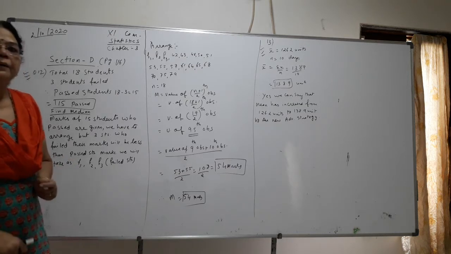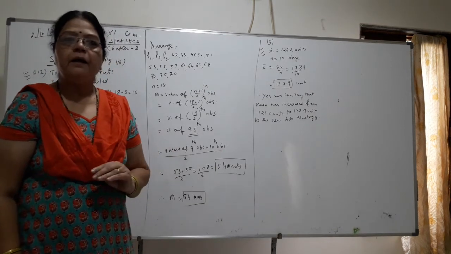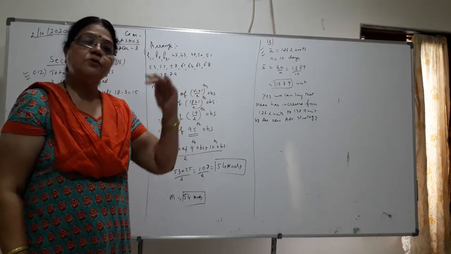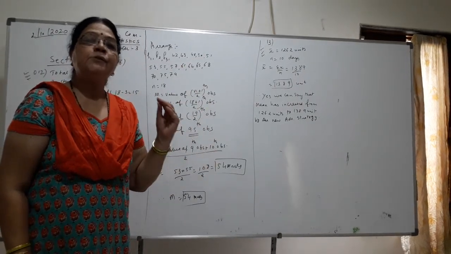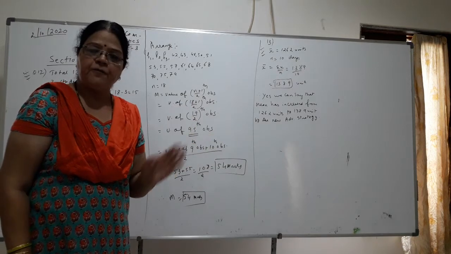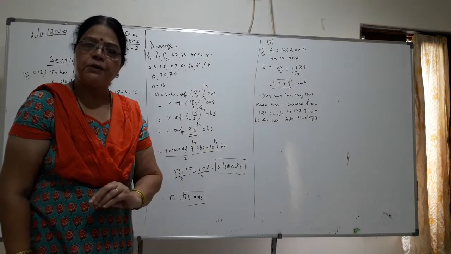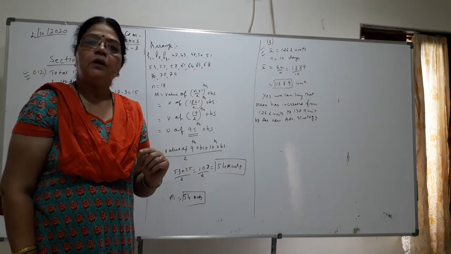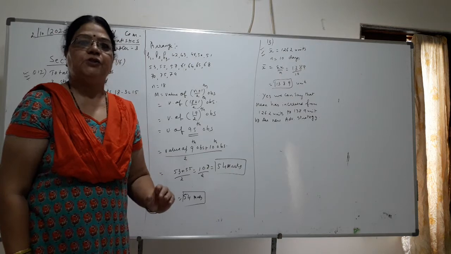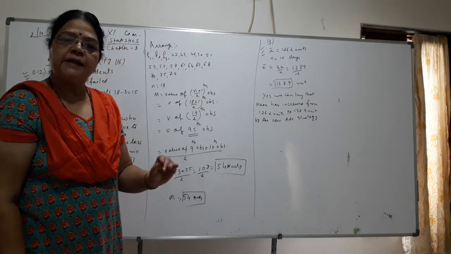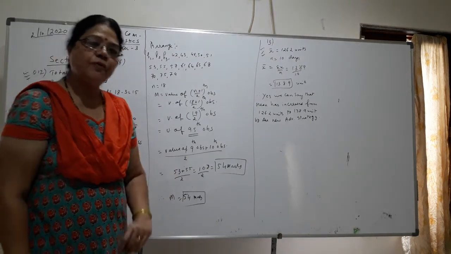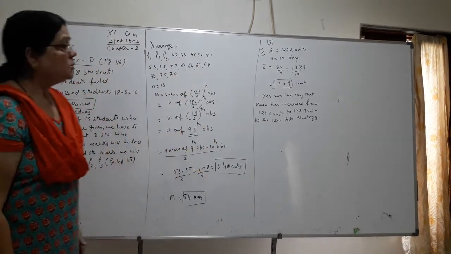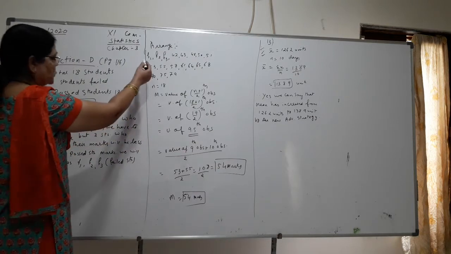So I want to tell you that students, those who failed, their marks will be less than the students, those who have passed. And students, those who have passed, that is 15 students, their marks are given to us. And we are asked to find median. It is raw data. So in median we have to arrange according to the ascending order. So 3 students, those who failed, their marks will be less than students, those who have passed. So we will arrange this way, children.